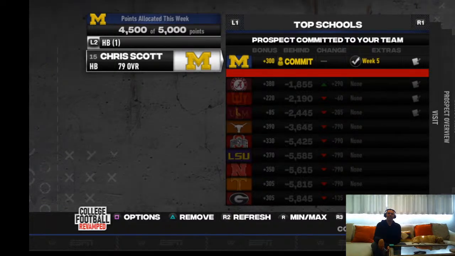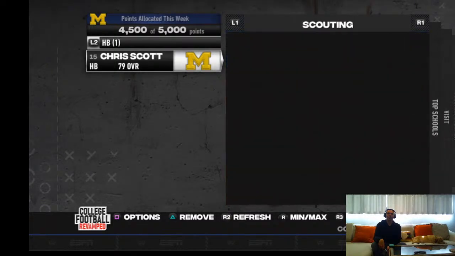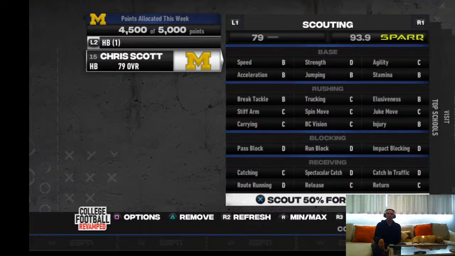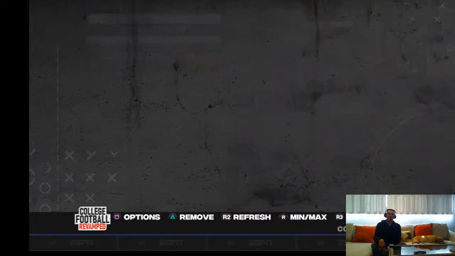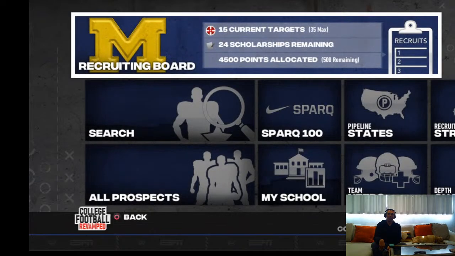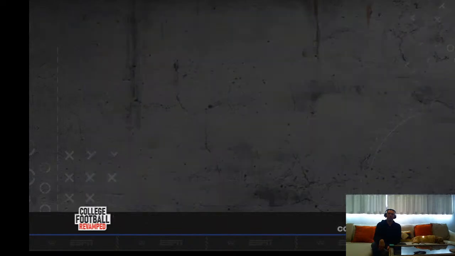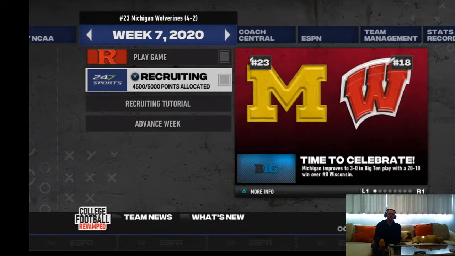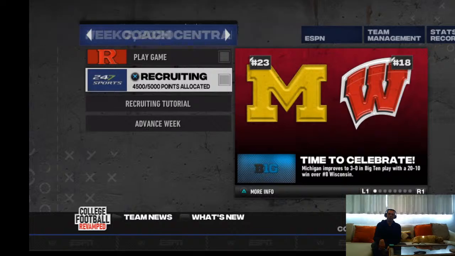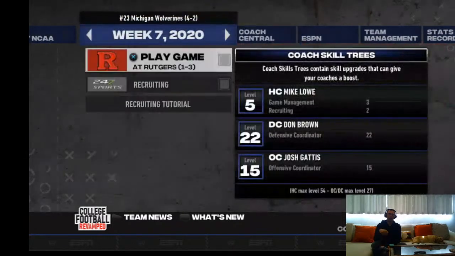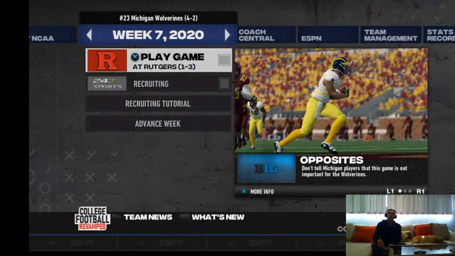But yeah, we have some points. I guess we can scout, but I'm gonna wait until I actually up that scouting so I can do it all in one little thing. So I'm not going to scout him yet, but we'll be scouting guys as they start coming in. But I think with my next coach upgrade, I'll try to get that maxed out so we can start revealing what some of these guys look like. So that will be interesting too. So at Rutgers is the next game, 1-3.